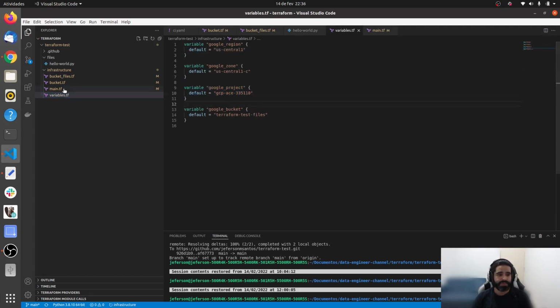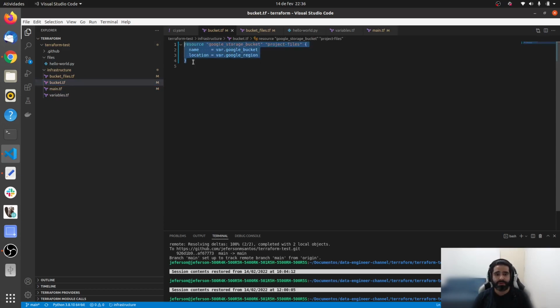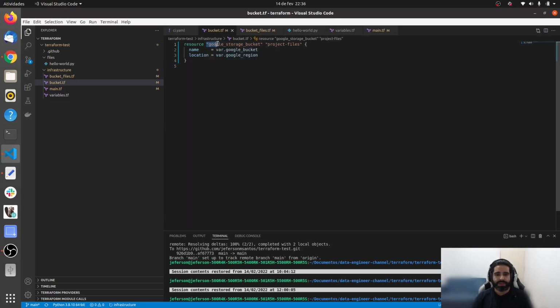which is in the variable. So that's the main one, and then we can start to create files for each type of resource we want. So first of all, we want to create a bucket on Google Cloud, a Google storage bucket on our Google Cloud platform. If I come here to my storage on my project, we can see we have no bucket here, it's all empty. So here, that's the name for the Google storage bucket, and it's the name on my project,